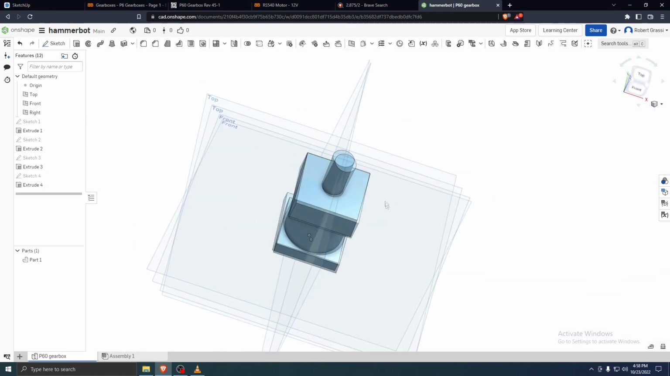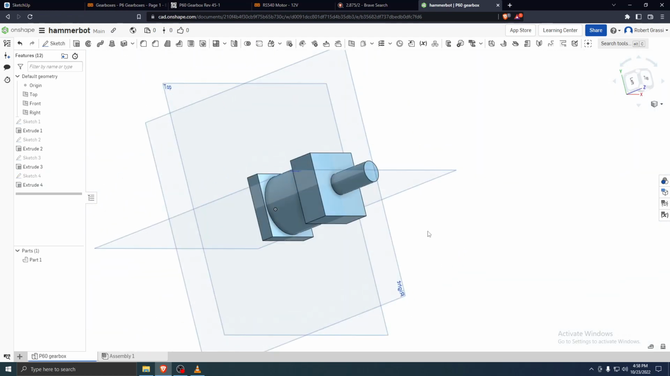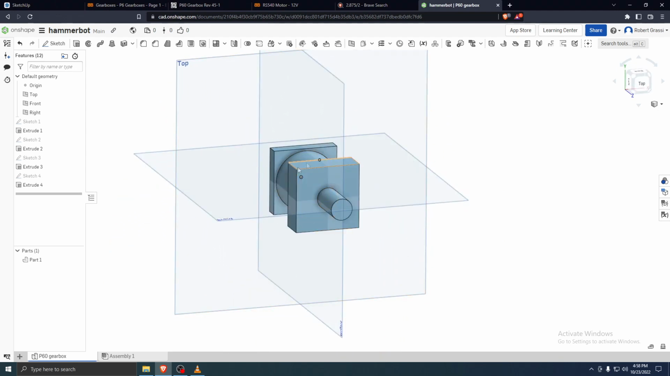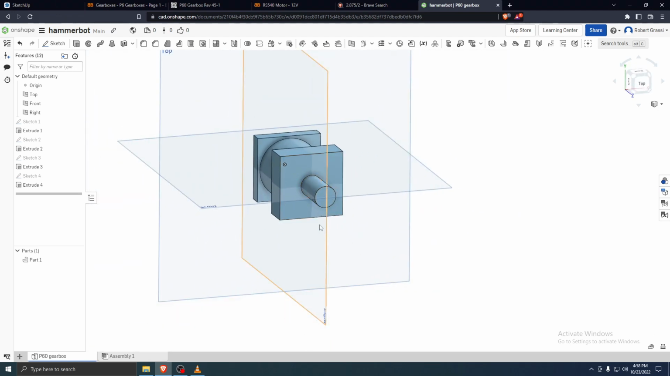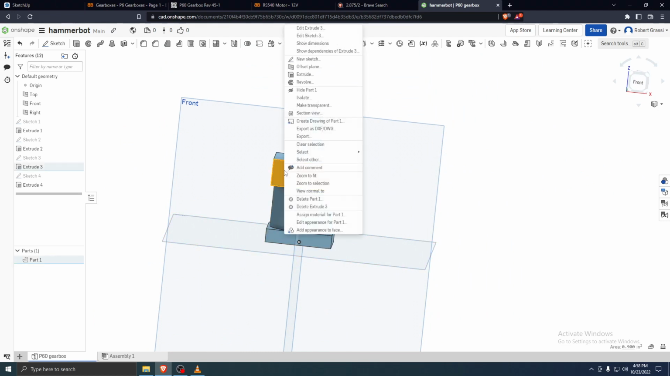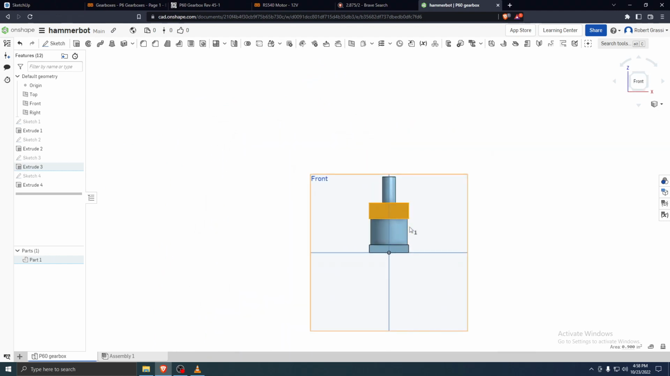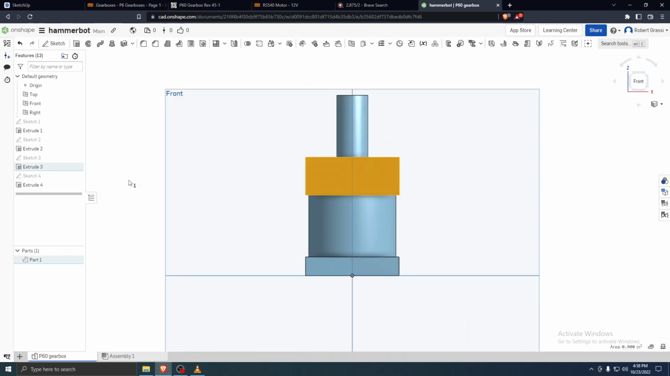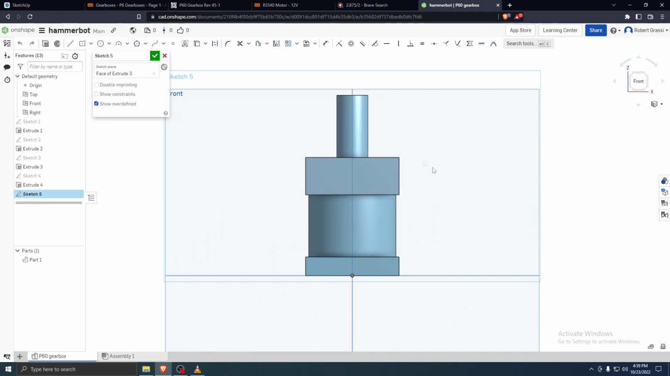Very good. Okay. So let's say that I want to put some holes into this. The gearboxes do have holes in the bottom that you can screw things into. So we would right click and we'd go View Normal 2. And now, because that whole face is selected, we can hit Sketch, and it's going to create a sketch on